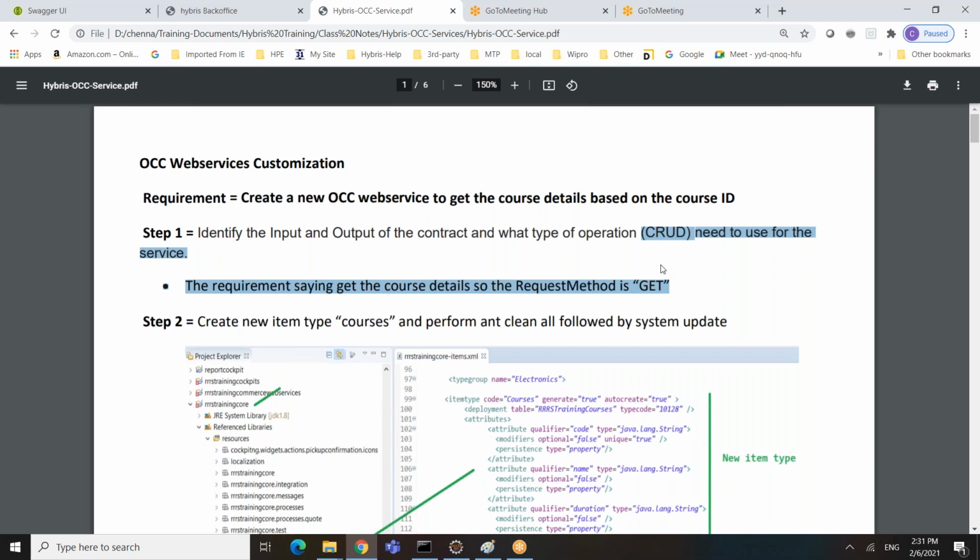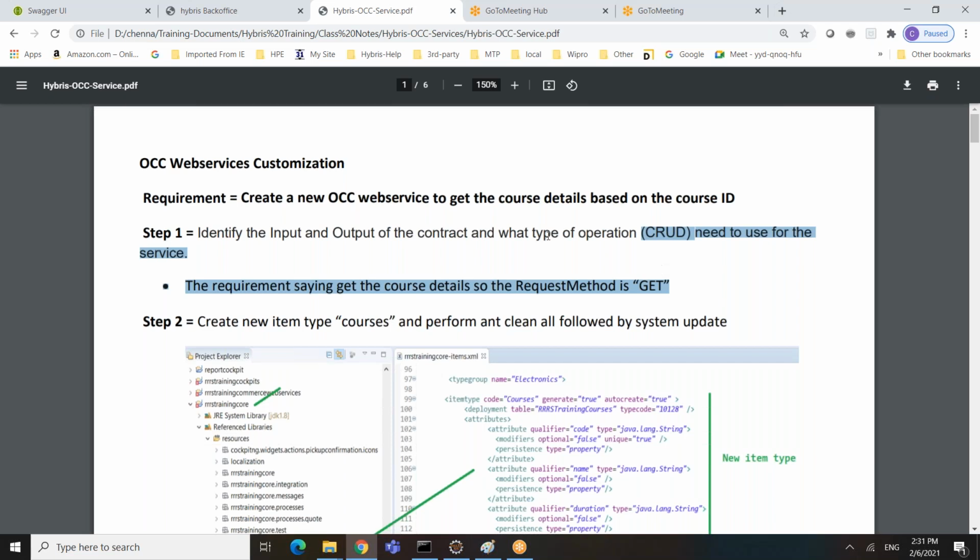Do you want to update the existing record based on the input criteria? What exactly do you want to do as part of that service? So two things we have to discuss with the team or whoever is consuming that service: what is the input criteria and what is the output criteria, or what are you expecting from that service, and what kind of operation you want to perform using the service, so that we can build it.